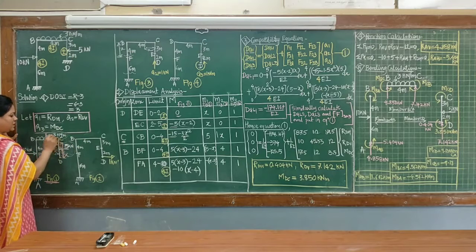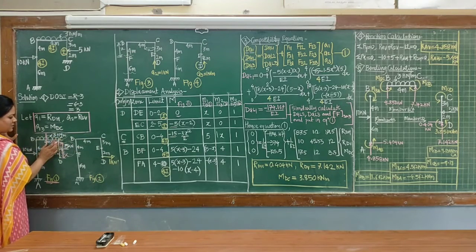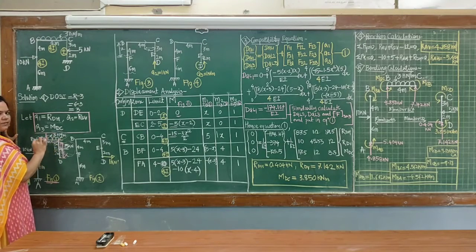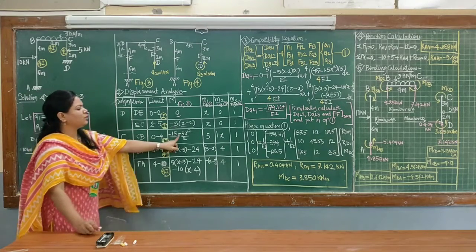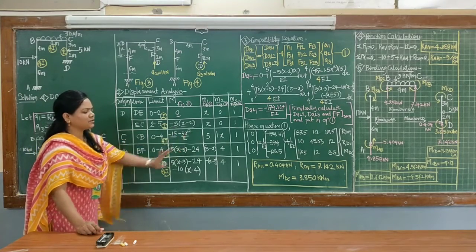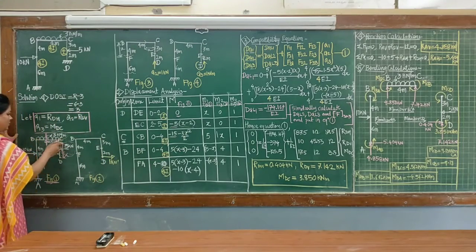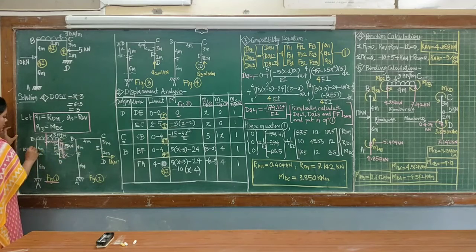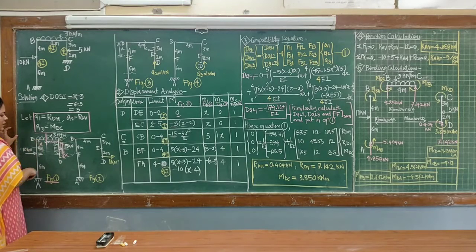Now the moment of this 3 kilonewton per meter, which is acting over this x distance. Its moment about this point is in a clockwise direction, therefore minus 3x into x by 2. Therefore it is minus 3x square upon 2. So that moment will act in the CB portion. Now the next section is BF, at a distance of x here.